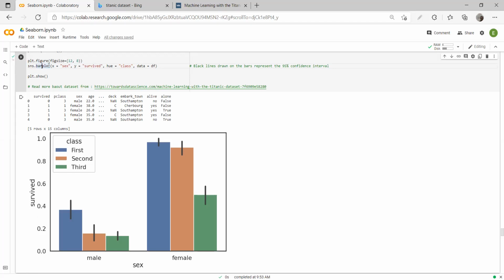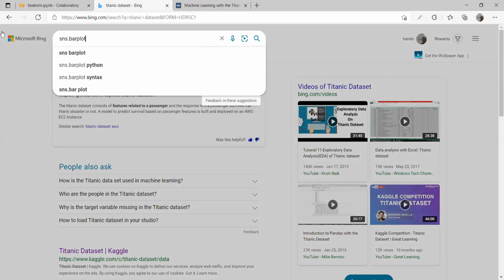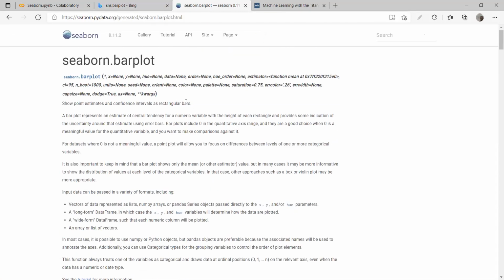So if you go into the parameters of sns.barplot, if I hover, it is somehow not coming. Just go to sns.barplot, and there are a lot of parameters: x-axis, y-axis, hue. We did data, whether you want to order, how you want to order on the screen by hue, that is highest first, or what way. There is a confidence interval and so on and so forth, seed, orientation, color palette, saturation, error width, capsize, dodge.